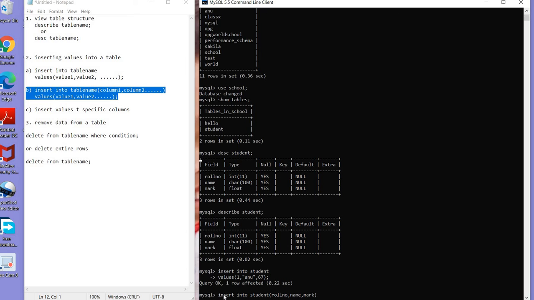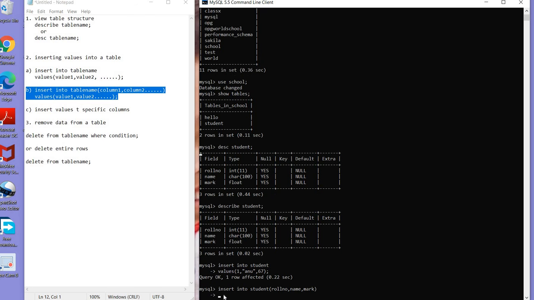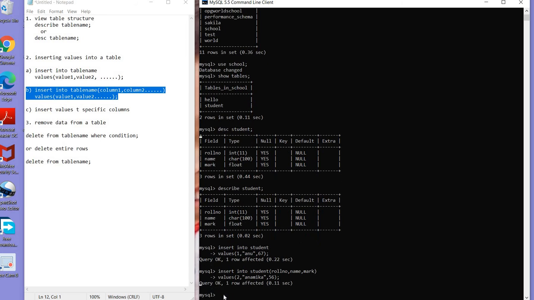These are my columns. Closing the bracket and VALUES. What values do I want to put? Roll number 2, then another name, giving the mark also, closing the bracket and putting the semicolon. So this is the second method, how to insert values according to the column names.